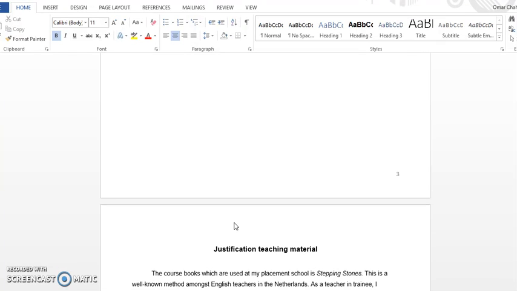The course book we usually use at the Bredero MAVO is Stepping Stones. This is a well-known method amongst the English teachers. One downside from my own experience at Bredero with using Stepping Stones is the fact that it puts a damper on my creativity. As soon as I keep myself busy with Stepping Stones, I don't like to deviate from it. The reason why, going back to what I mentioned before, is that it gives me a certain feeling of control. I know where the students are, what we have to do for the SO, for the repetitie,